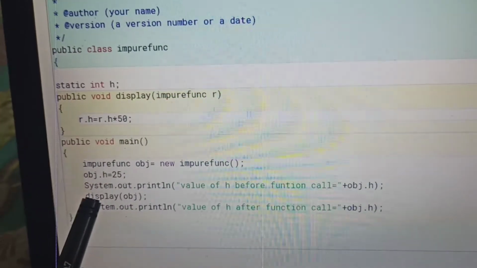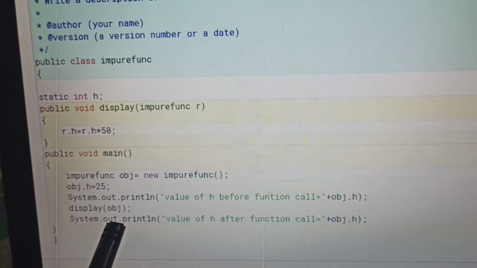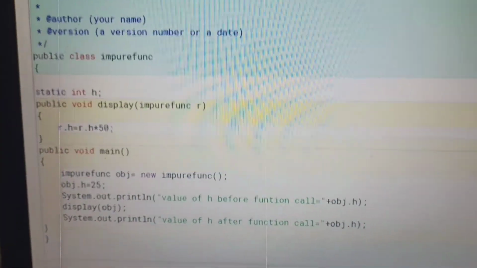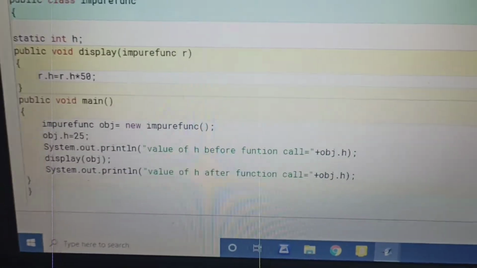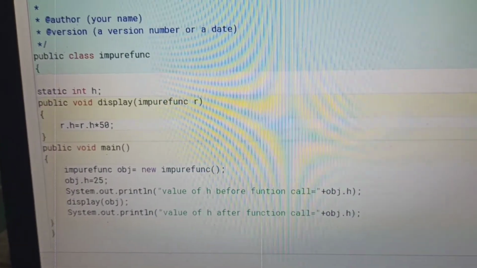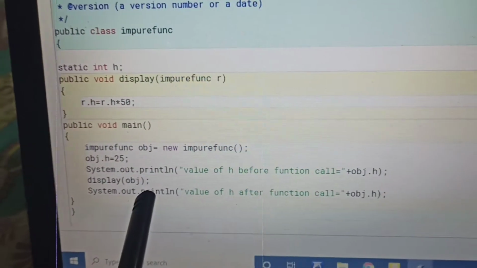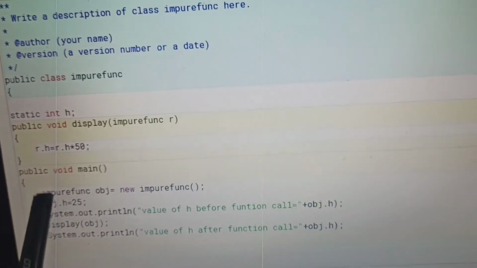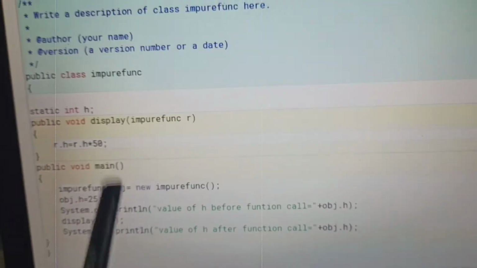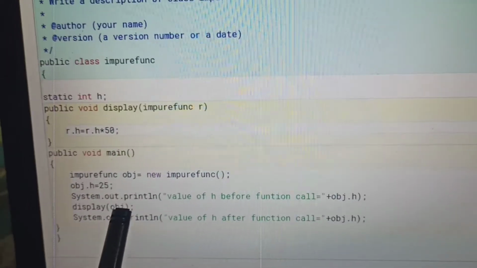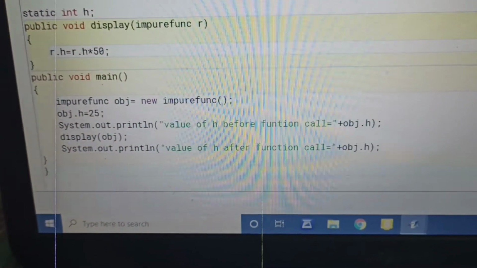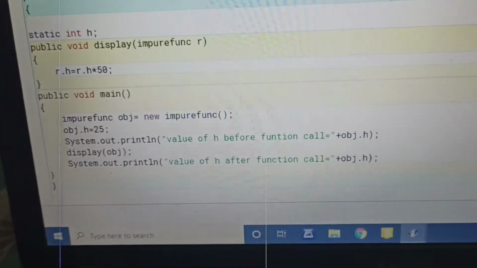At the time of the function call with the object name obj, it assigns the value already assigned, that is 25, to the function object R. The changes made in object R are automatically reflected to object obj, and it will display the value again.